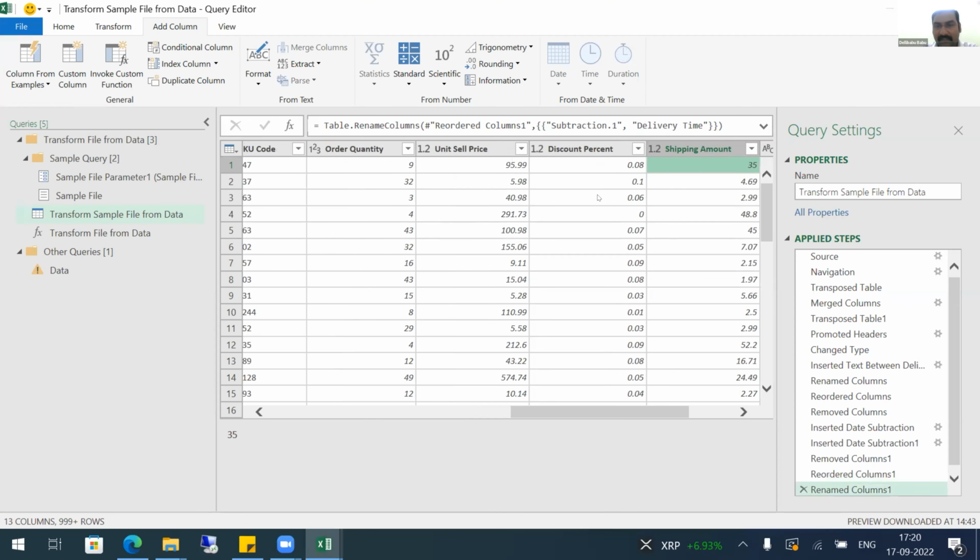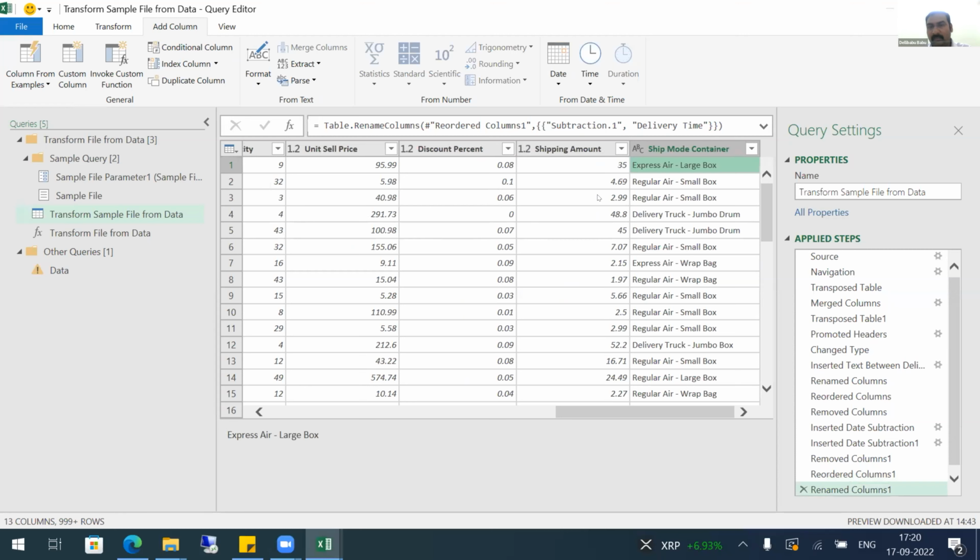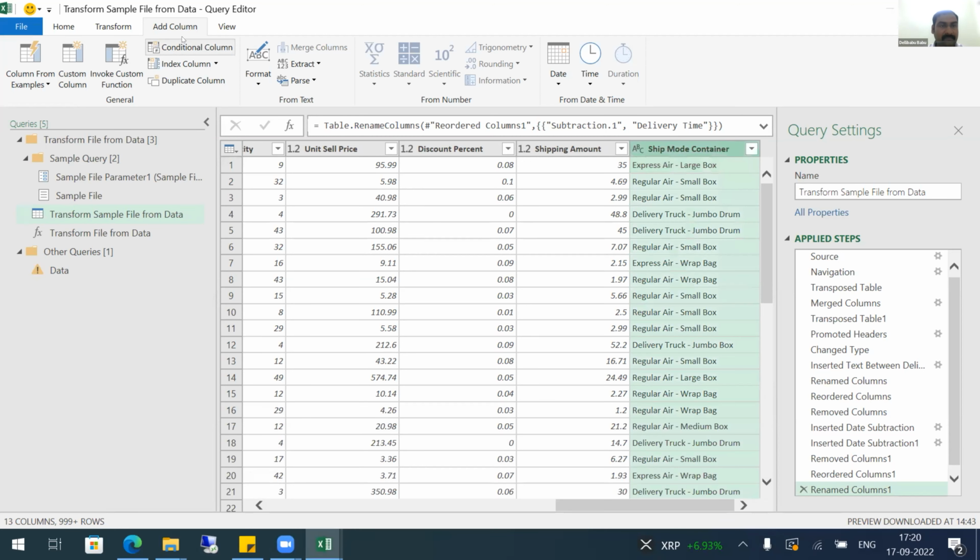Then what we can do, some other automations. There is one more field, shipping mode and container. Both are coming in a single column. For our analysis purpose, suppose that container wise or shipping mode wise, some analysis, I want to split this one. For splitting,